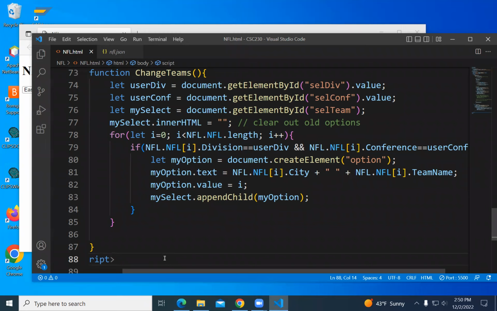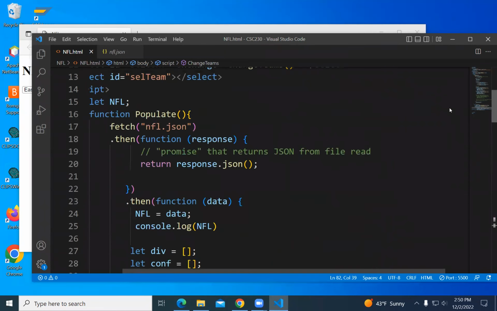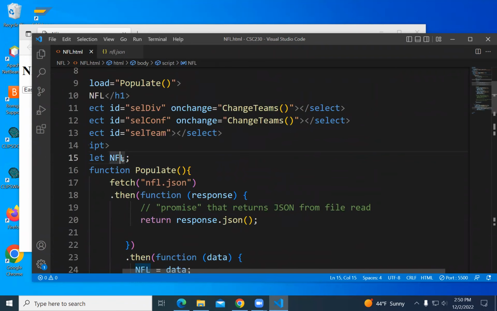How is value of i useful? Because this is the i. I'm looping over the original NFL. And this is the i of the NFL, which is my remembered global object.